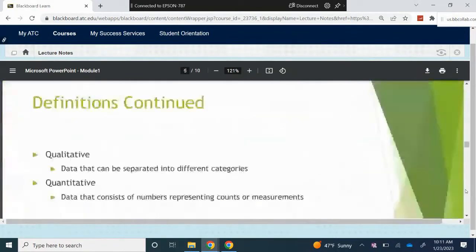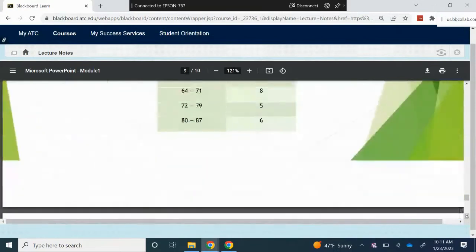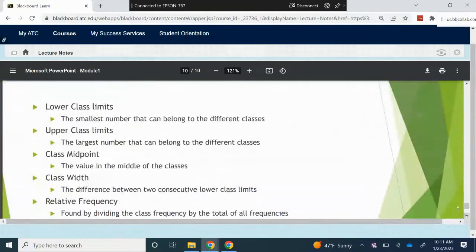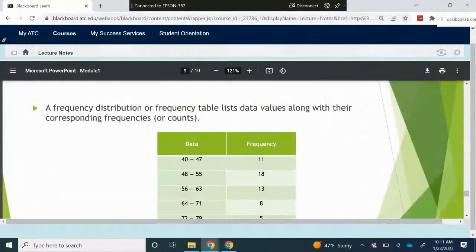Okay, so let's go through the definitions for a frequency distribution. All right, so we have lower class limits. And again, the lower class limits are the smallest number that belong to the classes. We have upper class limits. The upper class limit is the largest number that belongs to any particular class. So looking back at the frequency distribution, the lower class limits are on the left, the upper class limits